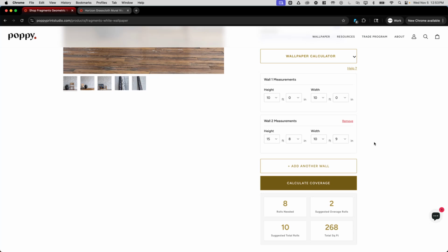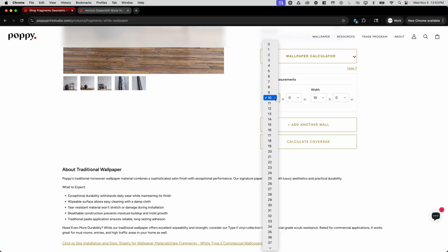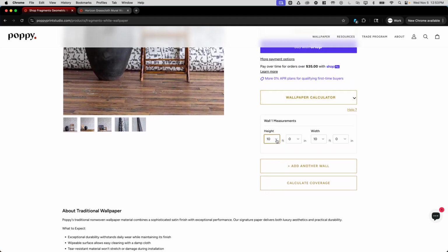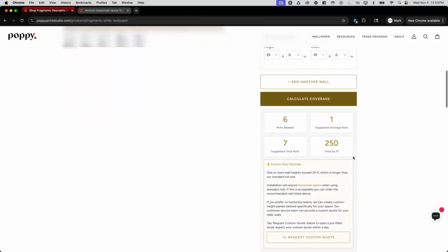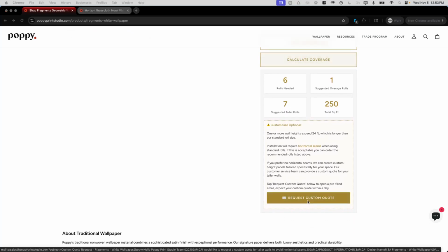We've also built in some great functionality to where if you have an oversized wall or something that will not work with our standard rolls, you'll get a nice little alert. So for instance, one roll of this wallpaper is 24 feet. If we put in a wall dimension that's taller than 24 feet and calculate coverage, you get this nice little notification that's alerting you that that doesn't fit within our standard roll size, and you can easily click Request Custom Quote,